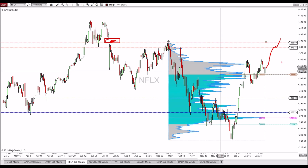Okay, so that's the upside scenario. And on the downside, let's say it cannot hold this value area high level and comes back into this value area, then I'd be looking for this thing to work itself down, test these potential support levels at 298, basically come in and fill this gap, then come down and test 275 and fill this gap also, then eventually come down to somewhere around this 267, this composite volume profile point of control, and